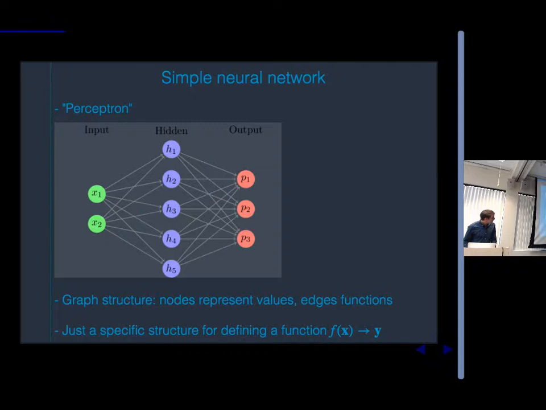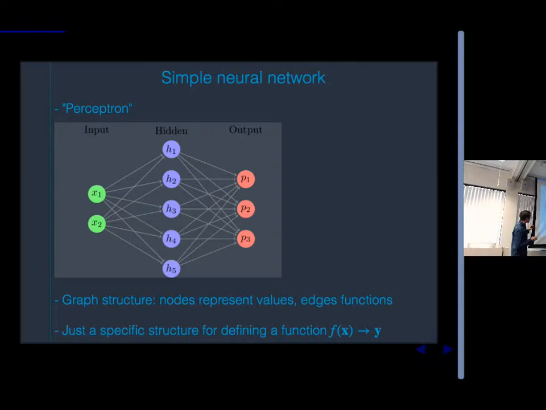Okay, so moving back from the big crazy convolutional network stuff, I'm going to go over just the very simplest kind of network. It's called a Perceptron Network. This is the thing that I mentioned that back in the 50s people thought was going to take over the world and lead to immediate human level intelligence. Didn't work out that way, but it's still an important building block to understand.